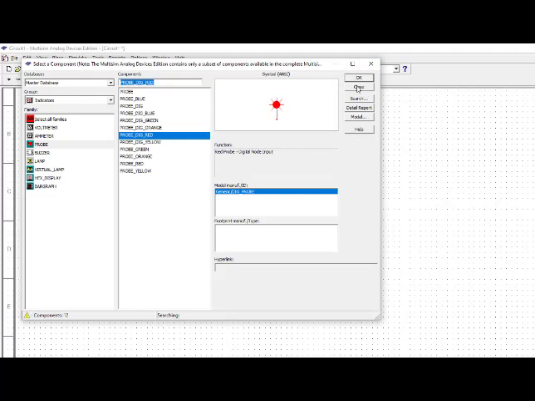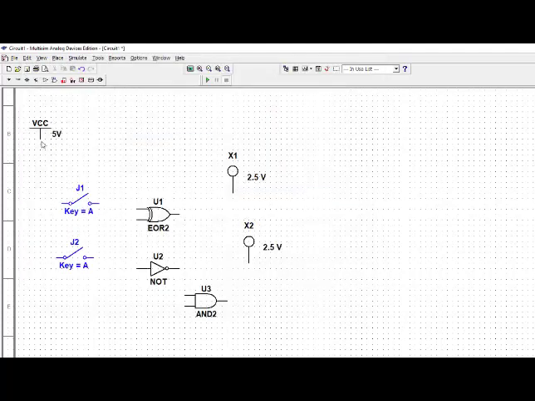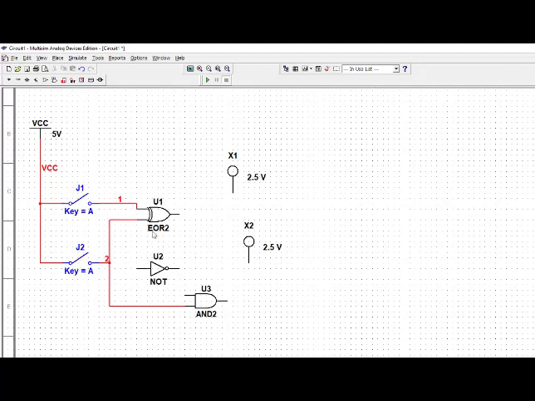This is our A, the second is B, above is A. A and B are directly connected to the XOR gate, and B is connected to the next terminal of the AND gate, and this terminal of the NOT gate is connected to A. If you see the circuit, this is what we have.